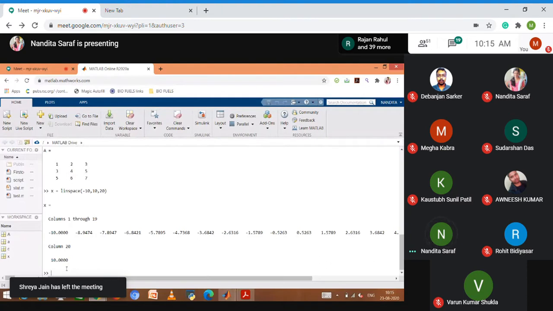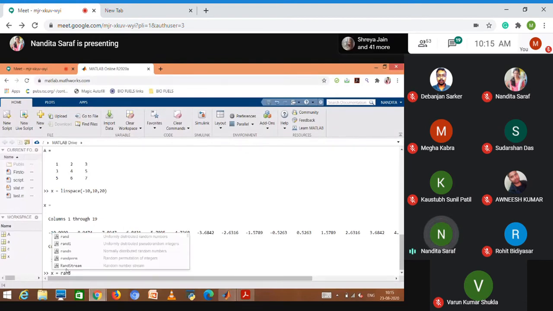Now, if you want to create an array of random numbers, a random number is any number between 0 and 1. For that, we ask MATLAB to select random numbers and create an array out of them. We have an inbuilt function called rand. So x is equal to rand.